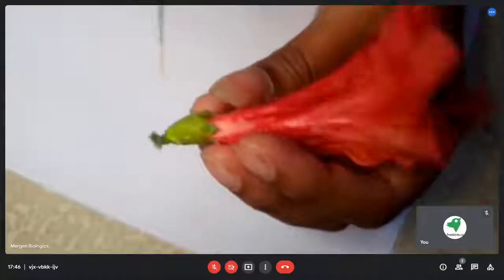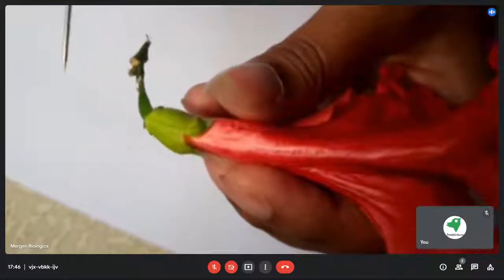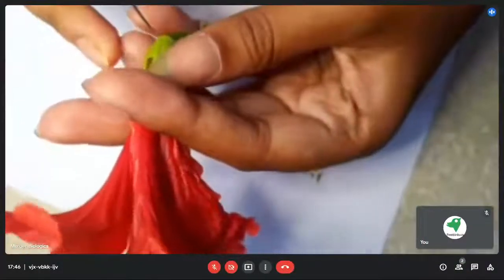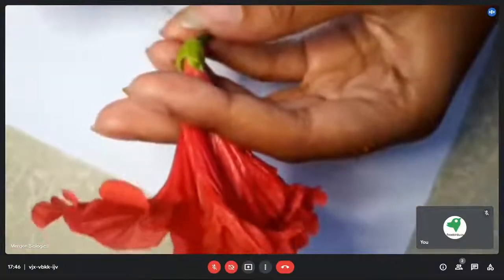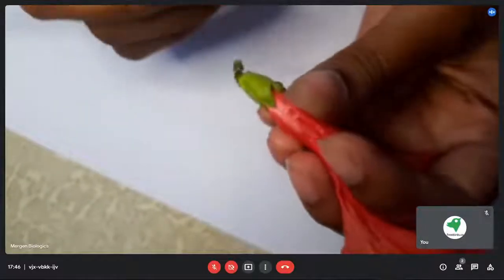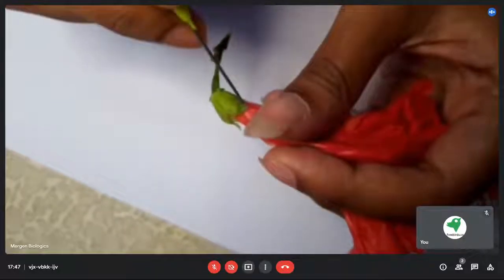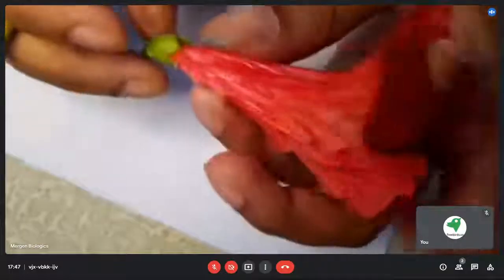Now we start with the first whorl of the flower, that is this green part. They are known as sepals. In this flower or most of the flowers, the sepals are green in color, but there are some exceptions also. So for dissection of sepal, you will find different types of sepal. This sepal is fused. So this is known as gamosepalous. They are fused and they are not overlapping each other. So their estivation or arrangement is known as valvate.